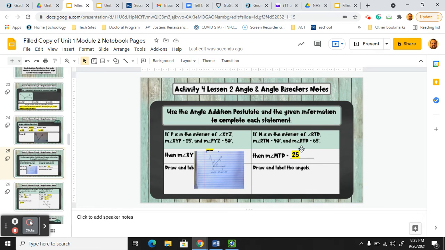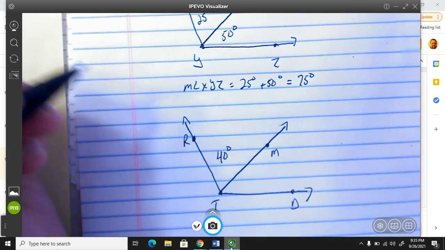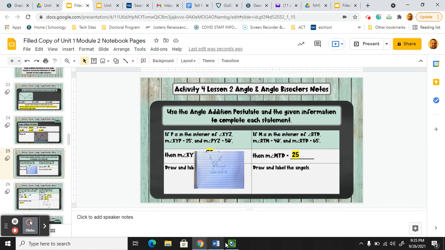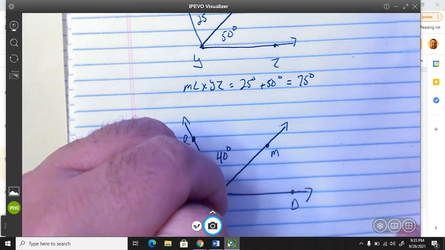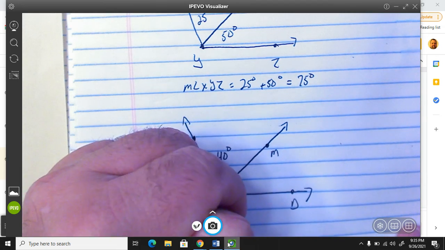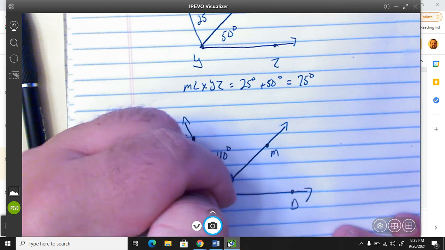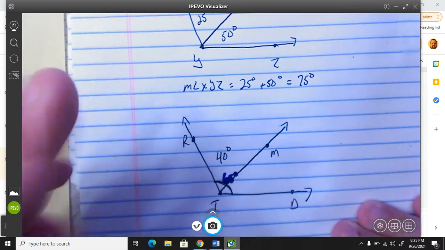So it says RTM is 40 and RTD, this whole thing, okay, is 65 degrees. So what is the measure of